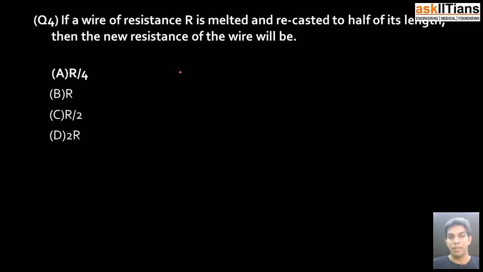So let's say L and A be the dimensions of my initial wire, and given L by 2 is the new length of my wire and A dash be its new area. So applying the conservation of volume in this particular case, I can say that A times L is equal to A dash times L by 2. With this, I get my A dash to be